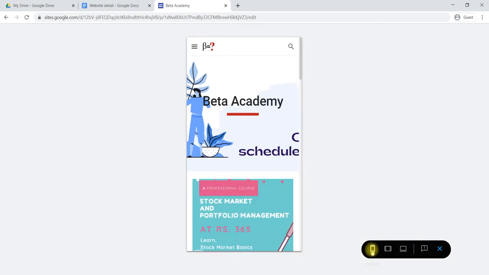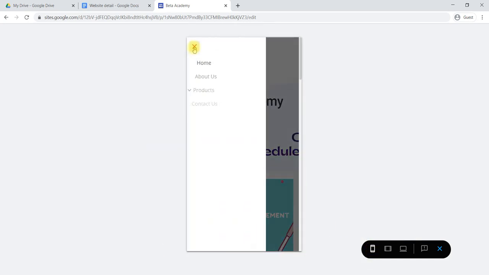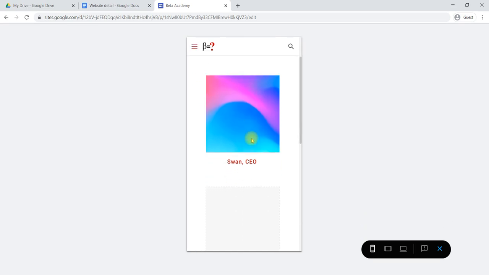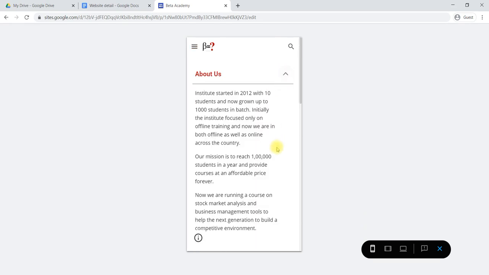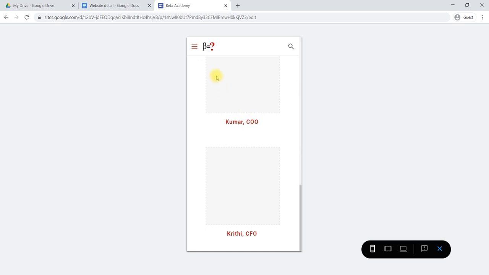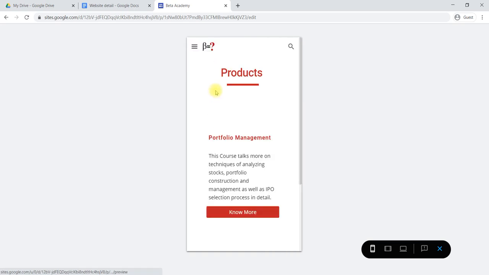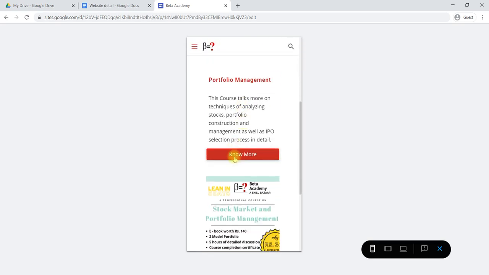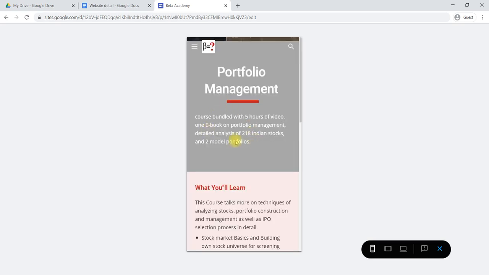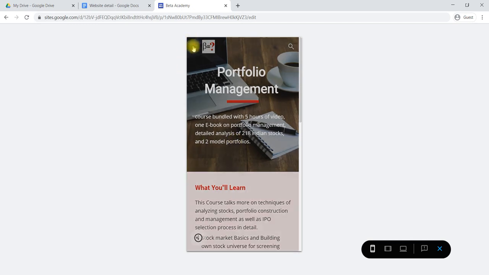On mobile, here it will be buttons. You can see about us. On mobile, how it will be like this. Okay, then it comes to product. We can select product here itself. We can click on that button to check about a product.